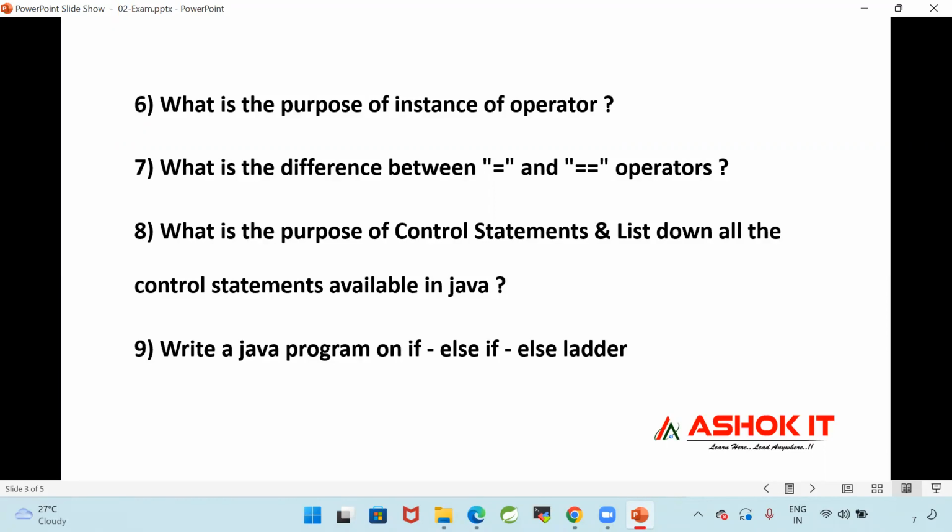Write a Java program on if else ladder. You need to think the program and you need to write it.